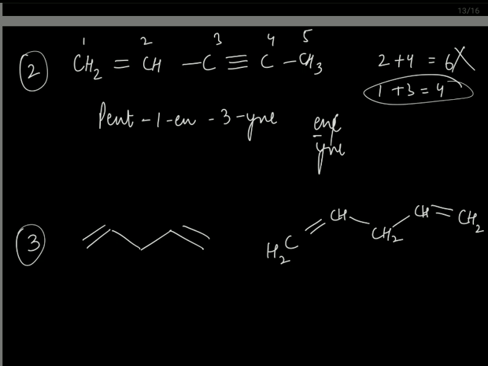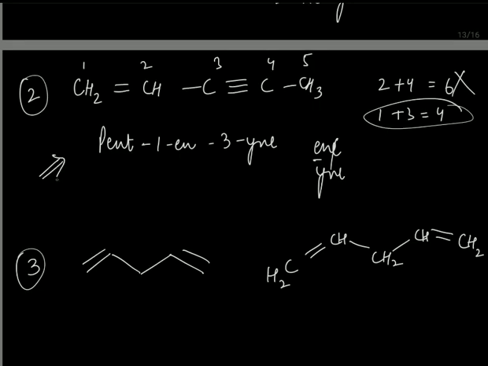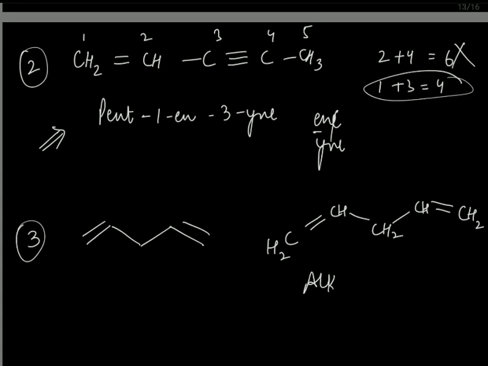Now in this case, we need to remember one rule: if you have more than one double bond or more than one triple bond of the same kind, not different kinds like in the earlier case, then the word root alk will become alka. So over here, alka will be used. There is no prefix, so we will be starting from the word root. How many carbons are there? 1, 2, 3, 4, 5. 5 are there.